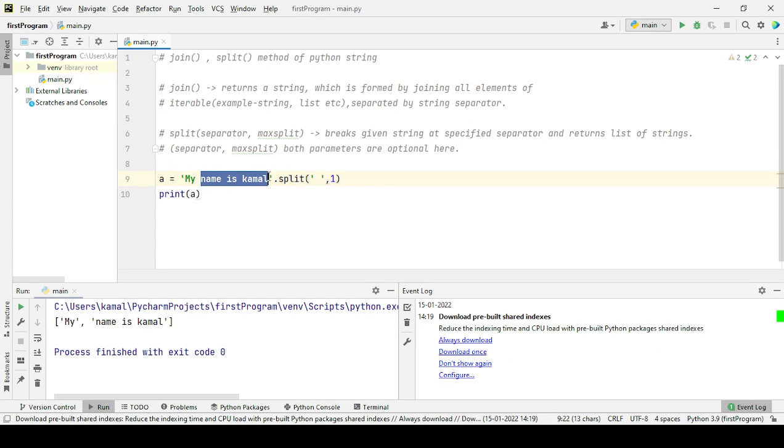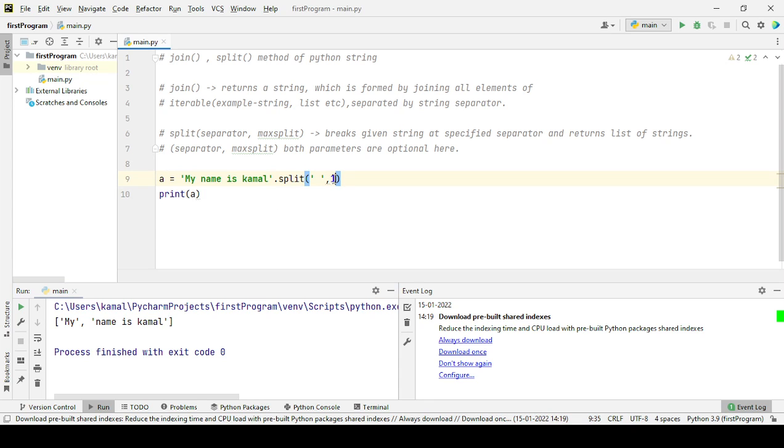The rest of the string is one entire element, a whole one element of the list. So maxsplit tells the maximum number of splits allowed. In this case, maxsplit is 1, so a maximum of one split is allowed. So one split will happen here. After this, everything will be converted into a single element of the list. We can see a single element of the list here, all the remaining string, and one split is occurring after my, so my is one element, and the rest is the second element.